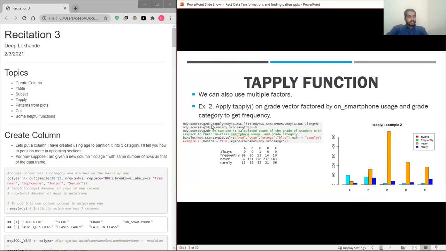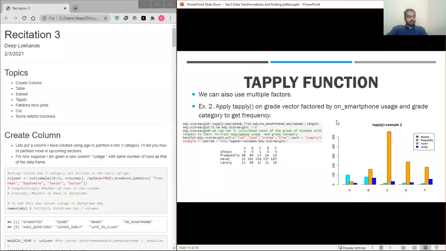To do that, we write the tapply function, Moody grade, list, in which we provide parameters Moody on smartphone and Moody grade, and then we write the function length, which counts the number of students. We can see the table over here, where we see always has only one student with a C grade, frequently on smartphone has 98 students with A, 80 students with B, and so on. We can also see the plot over here.